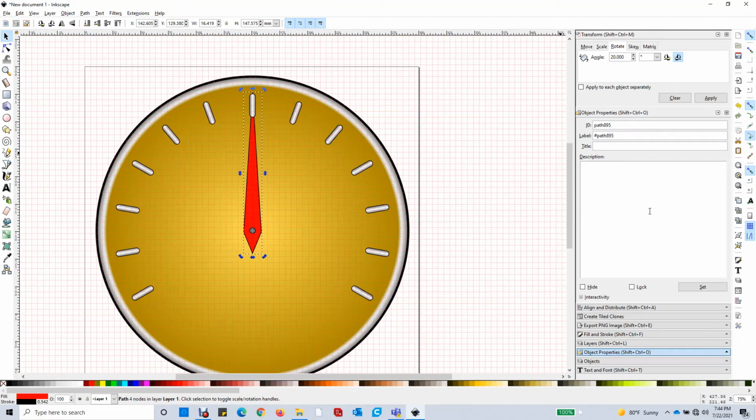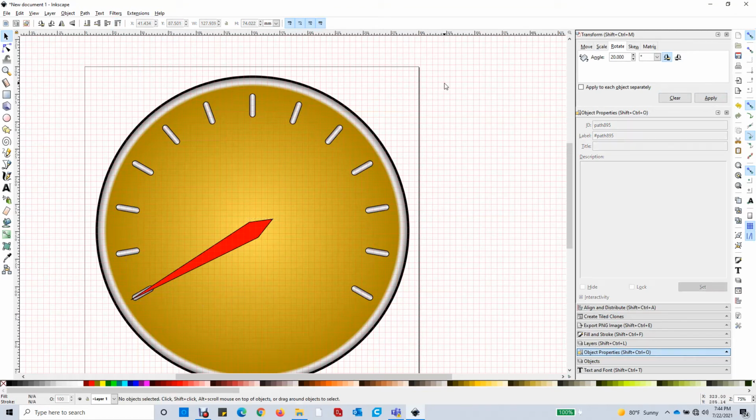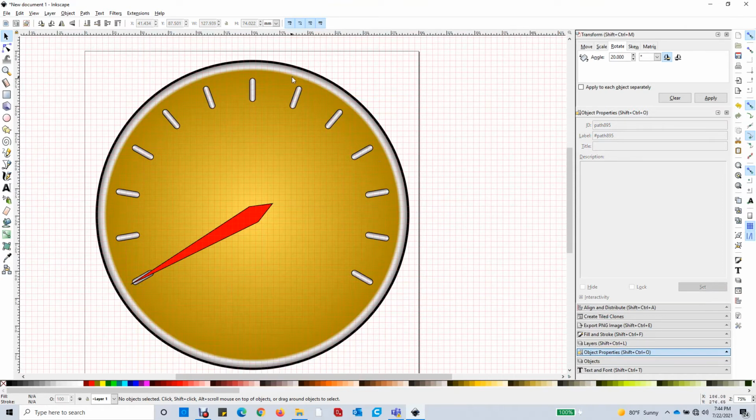If I go to this transform and I start going like that, you see we can move this dial around. All right, so that's great. So I'm going to say 20 degrees again, and we'll go back there and put this right on this first tick, and then I'm going to bring it to the top. So now we have all of our pieces. We've got our gauge and all these little tick marks and everything else.